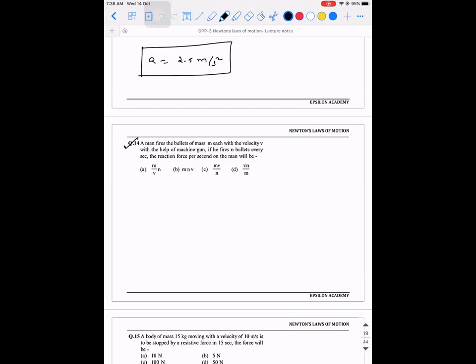The change in momentum by change in time. That's right. Since they are asking for reaction force, what comes to your mind? Again, Newton's second law, because velocity is spoken of, momentum has to be involved. So dp by dt. F is equal to d into mv divided by dt. This is the force experienced due to one bullet.